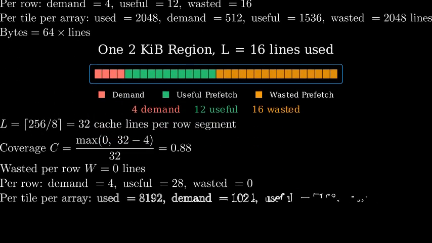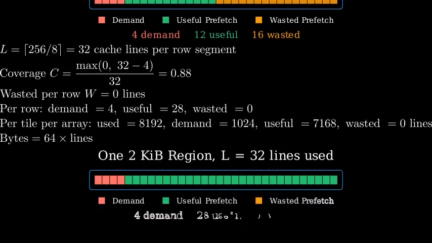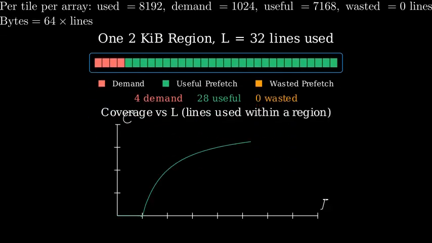Finally, consider T equals 256. Then L equals 32, exactly one entire region. Coverage is (32 minus 4) over 32, which is 87.5%. There is 0 waste within that region because we use all 32 lines. This is the sweet spot for a region prefetcher of 2 kibibytes. Here is the coverage function as a function of L. It is 0 until 4 lines are touched, then it rises as L grows, and it approaches 87.5% when an